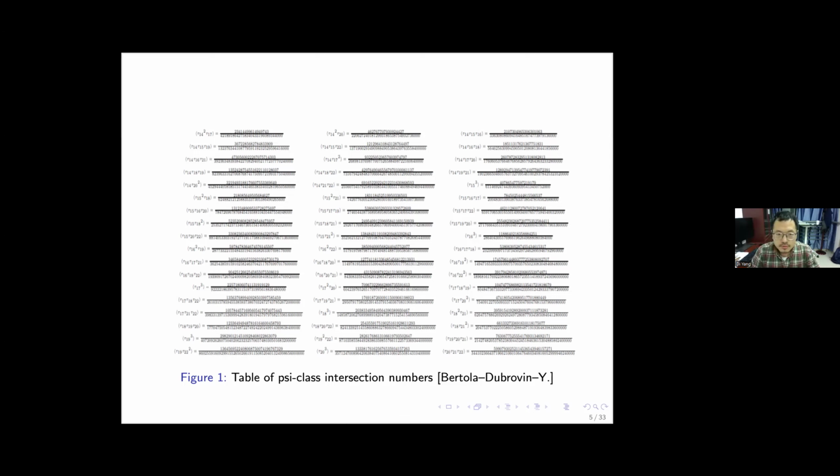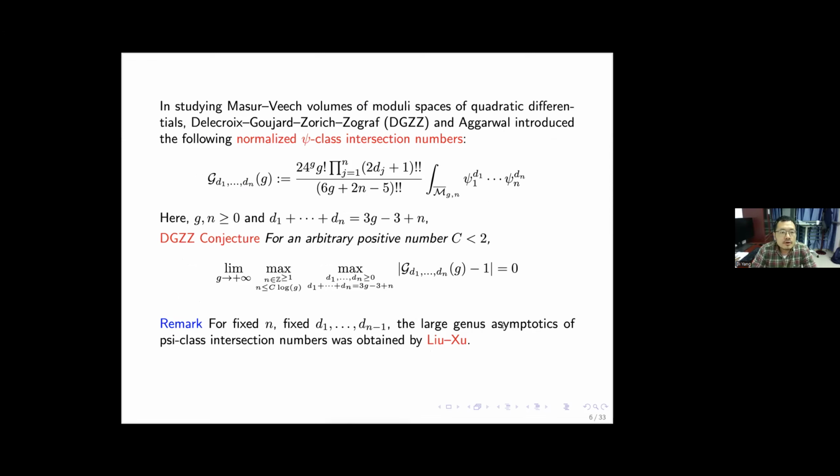Yeah. So then the question is: we want some way to compute efficiently many of these numbers. So we want to study the properties of these numbers. In particular, in studying the Masur-Veech volumes of moduli spaces of quadratic differentials,